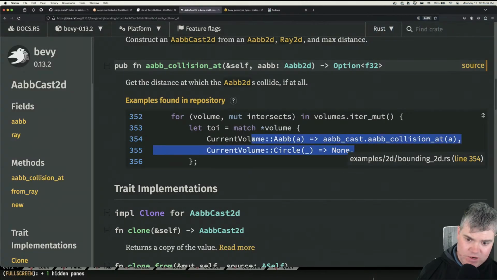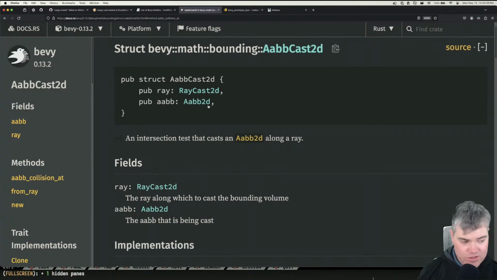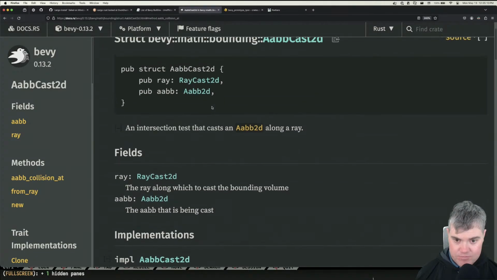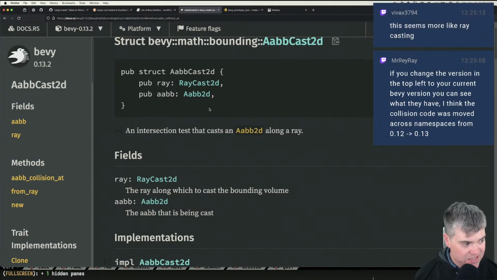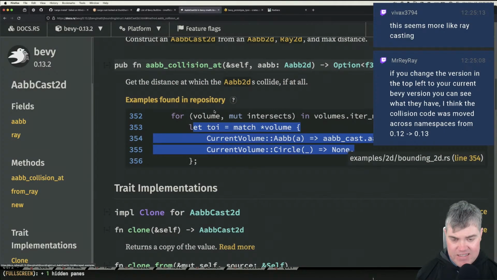This example is weird to me. Okay, so if I do a cast 2D, oh, it does ray type stuff. If you change the version in the top left to your current Bevy version, you can see what they have. I think the collision mode was moved across namespaces from 0.12 to 0.13. Yeah, this does feel like ray casting, but like